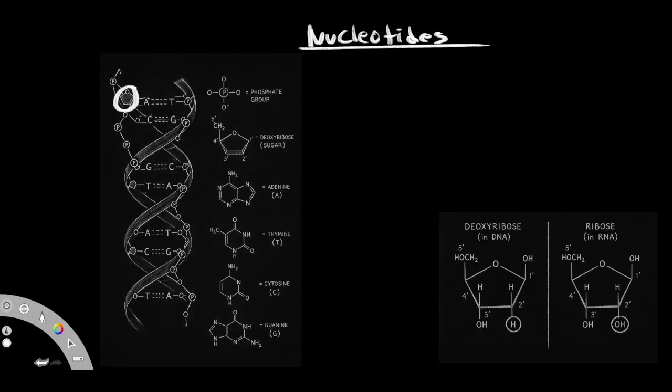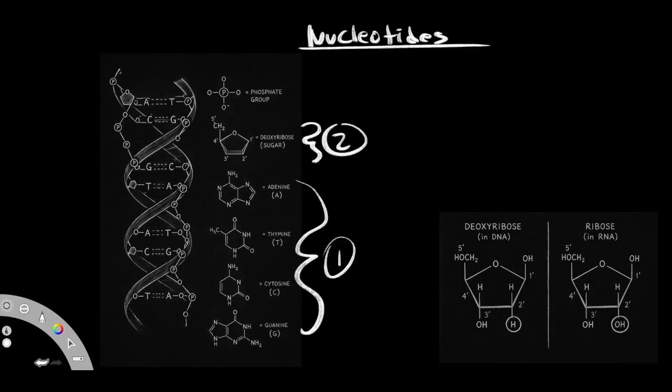And that sugar over there that we looked at, that's what we see over here. So we've already mentioned that there are three parts. We have that nitrogen base, that's over here, that's one. We have the sugar, that's this one over here, so that's number two. And the sugars differ depending on the type of nucleic acid. So if these nucleotides get together, but in particular use this kind of sugar, right, the deoxyribose sugar, it would